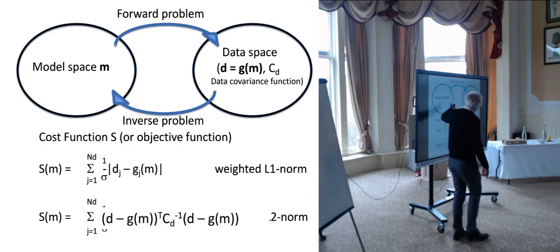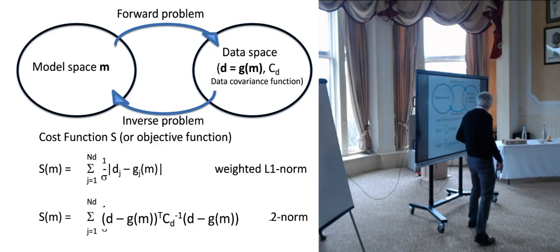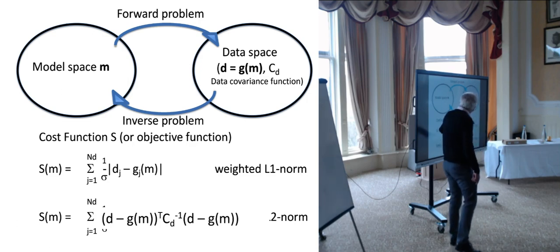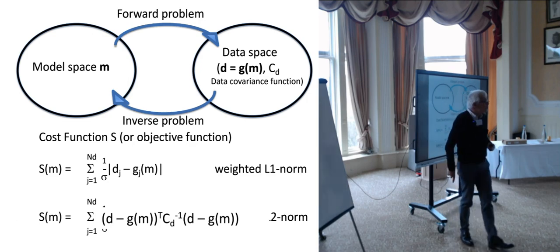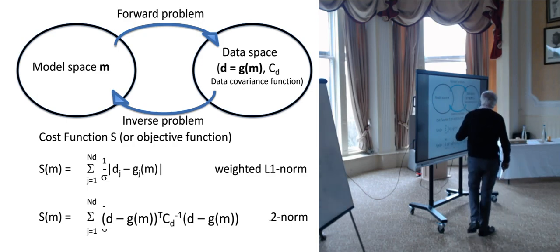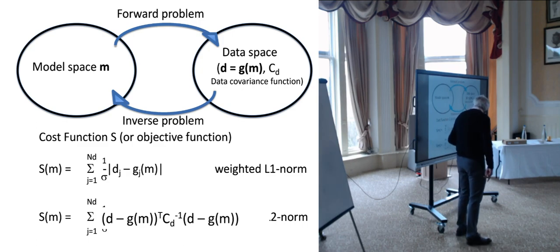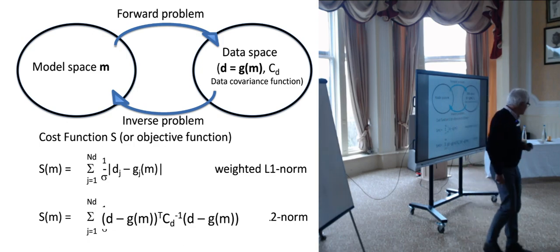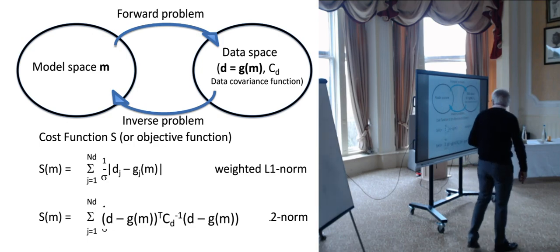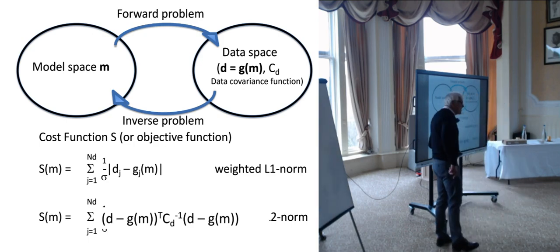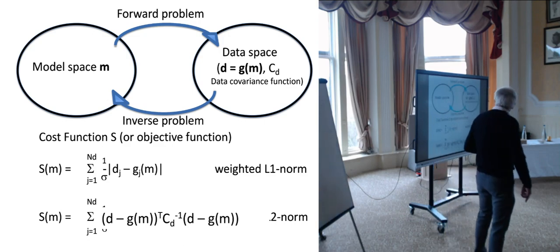Now we have the model space and the data space, and we have to weight by taking account of the uncertainties. To generalize the errors, we introduce what we call a data covariance function, CD, and it's very easy. We transform this expression by using the transpose of the residual, multiplied by the covariance function, and again multiplied by the residual. So it's very easy to calculate this cost function by taking account in the data space